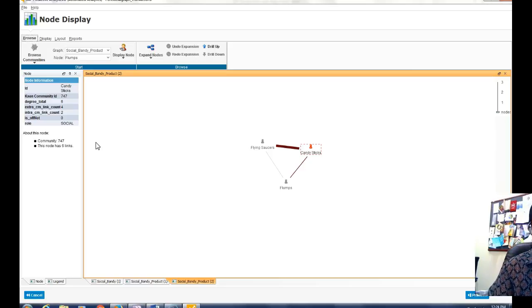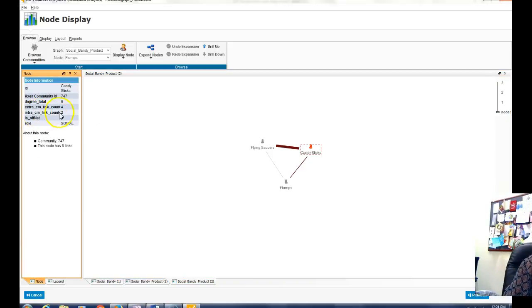You can see that the products that are bought with Flums are candy sticks and flying saucers. Now look at here. So Flums is in the same community with flying saucers and candy stick.